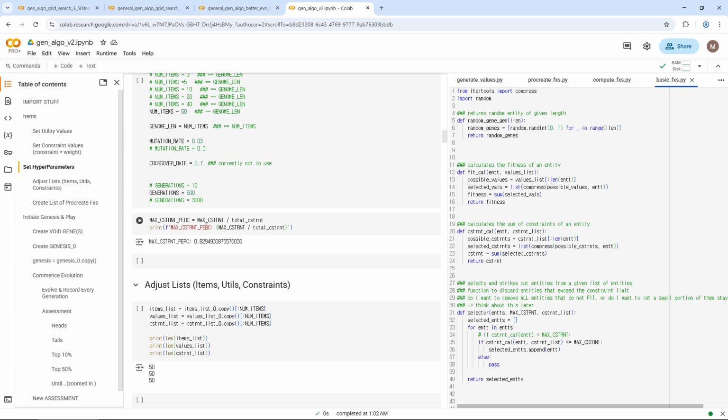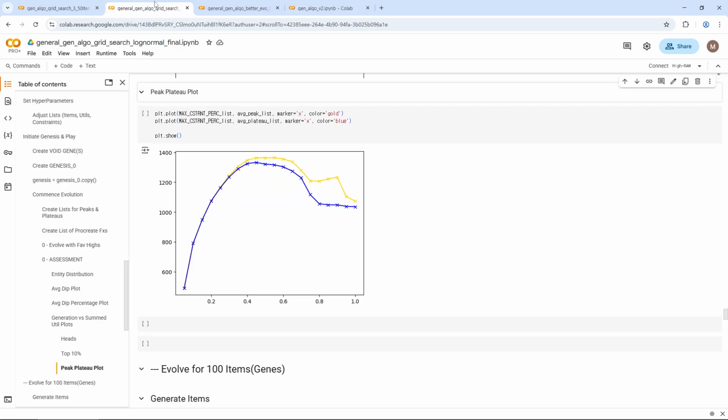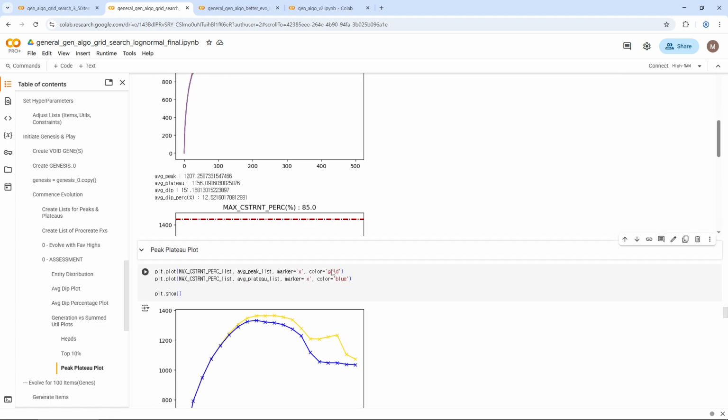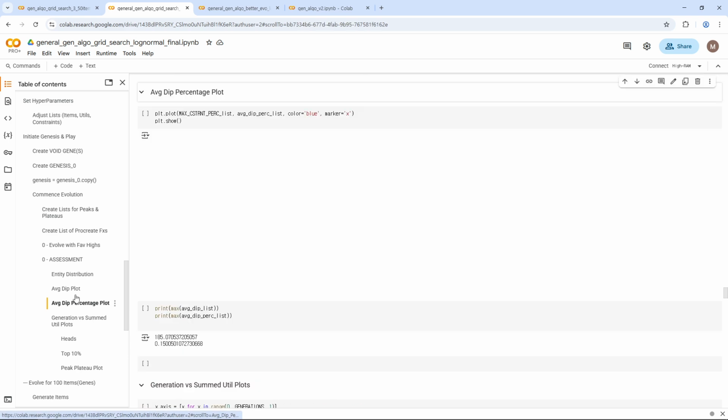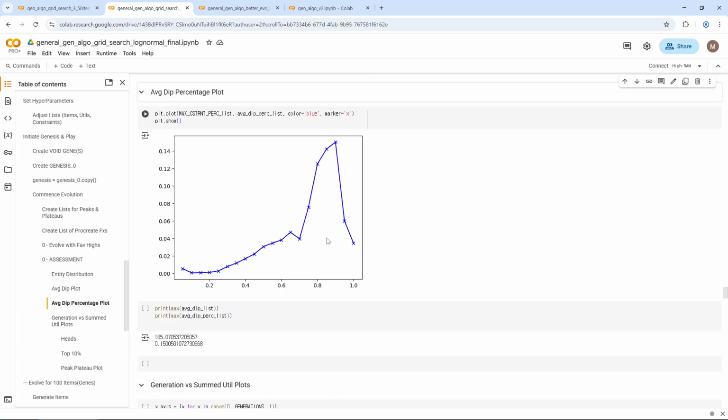So I do the math. I divide the max constraint by the total sum of constraint values, and it gives me 82.94%. So I go back to the peak plateau plot and I look at somewhere around 80. That's what it usually looked like. And at around 80, the average dip percentage was between 12 and 14%,